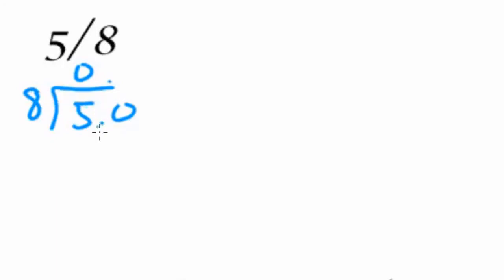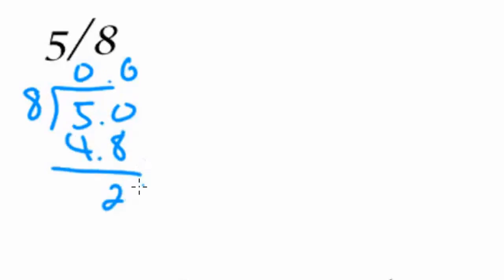Let's take a look at 5/8, or 5 divided by 8. So same thing, 8 on the outside, 5 underneath the long division bar. Now 8 does not go into 5 regularly, so we need to make that a 5.0, add a decimal, and now we continue to add zeros so that we can get numbers. 8 will go into 50 6 times, that gives us a 48, leaving us with a 2, drop another 0 down. 8 goes into 20 2 times, 8 times 2 is going to give me 16,